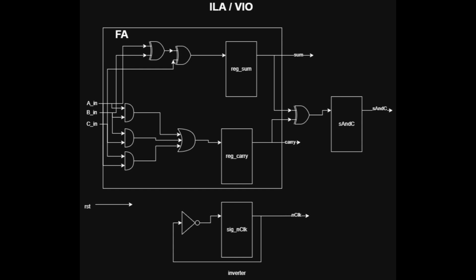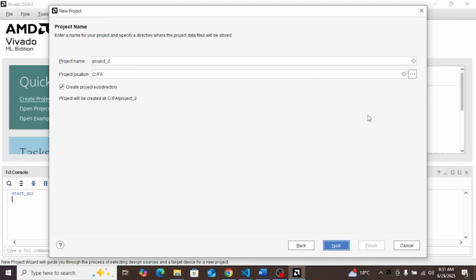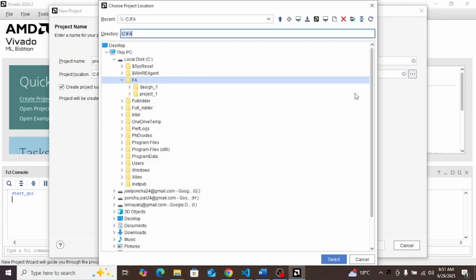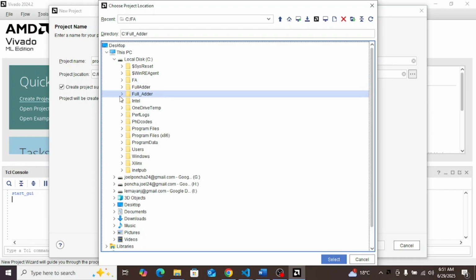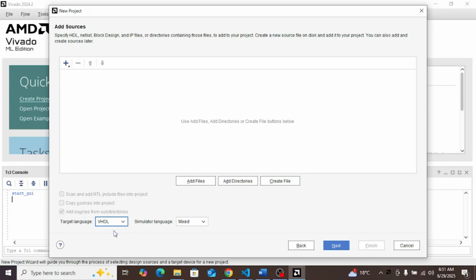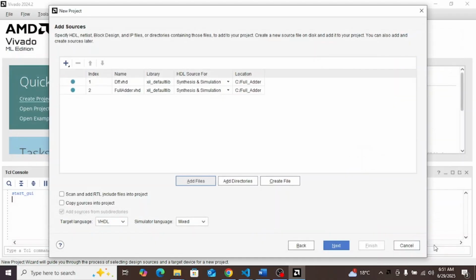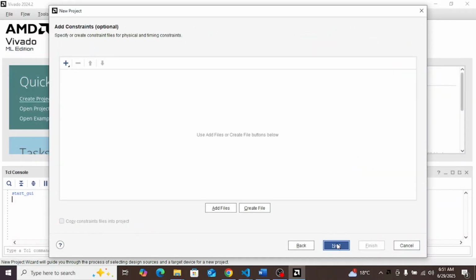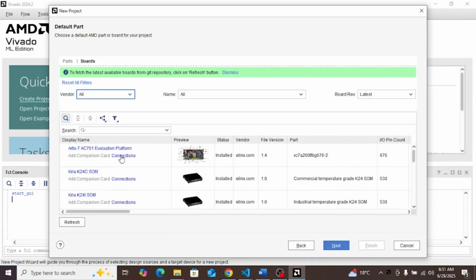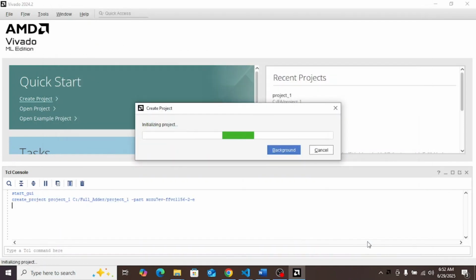So what we're going to do is start by creating a project in Vivado, and I have already written the programs for this full adder, and we're just going to select them and then go next. And then here we're going to use our board, which is a ZCU104 Ultrascale FPGA board. And then we're going to go next,